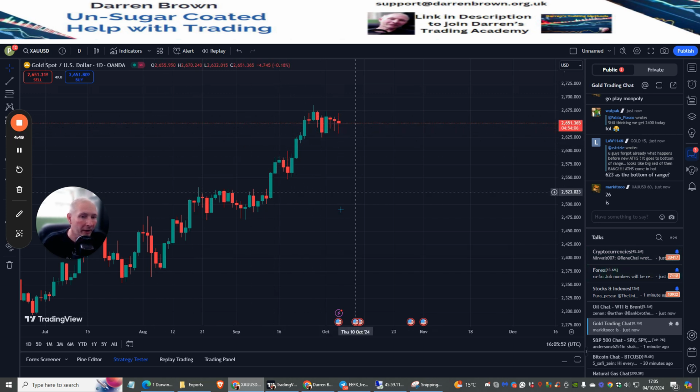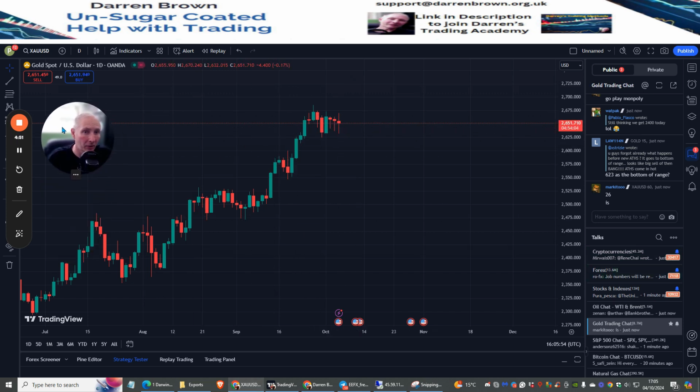Now, one of the key things which I find works really, really well, and I've obviously proven this because you can see it inside my manual trading and how much money I've made with my manual trading inside my Darwin X0 account, is that you need to look at the support and resistance lines, and where they